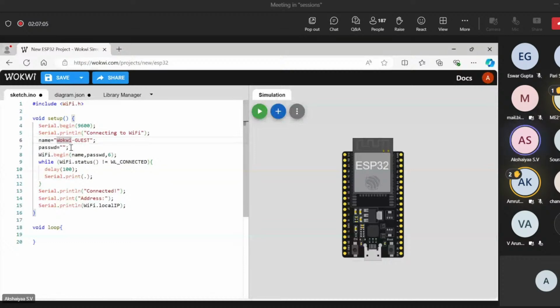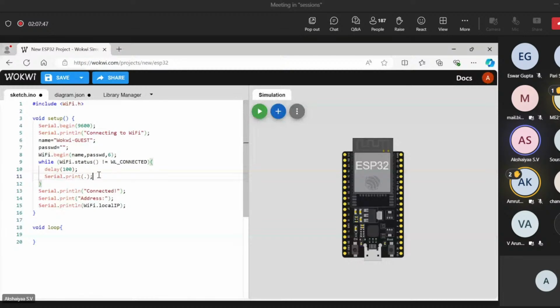And if you see this command Wi-Fi.begin, it'll take 3 arguments. Name is the name of that Wi-Fi hotspot to which you're connecting. Password is the password which you have to give. And this 6 is the channel number. It's not necessary, but if you give it, it just improves the communication. Like, fewer errors can creep in. That's what we mean by that. And till it's connected, you want something to be displayed. That's why I'm displaying this dot, that is a full stop, inside a loop. The Wi-Fi.status is the function which will tell me if the ESP is connected to the Wi-Fi or not.